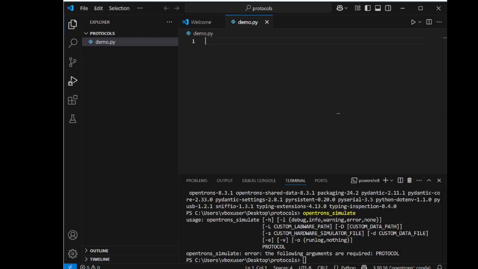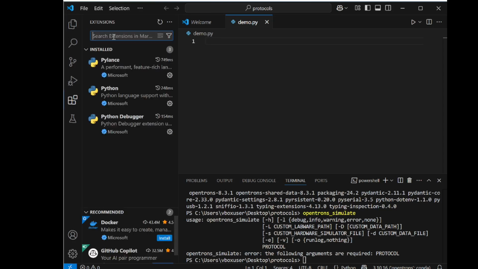We are going back to VS Code, and you can see the extension tab. On the left-hand side, the Explorer is where you can see the code. Search lets you search through your code base. Source control is for your GitHub. Run and debug is for debugging your protocols. And then extensions, where we're going to install Pylance,